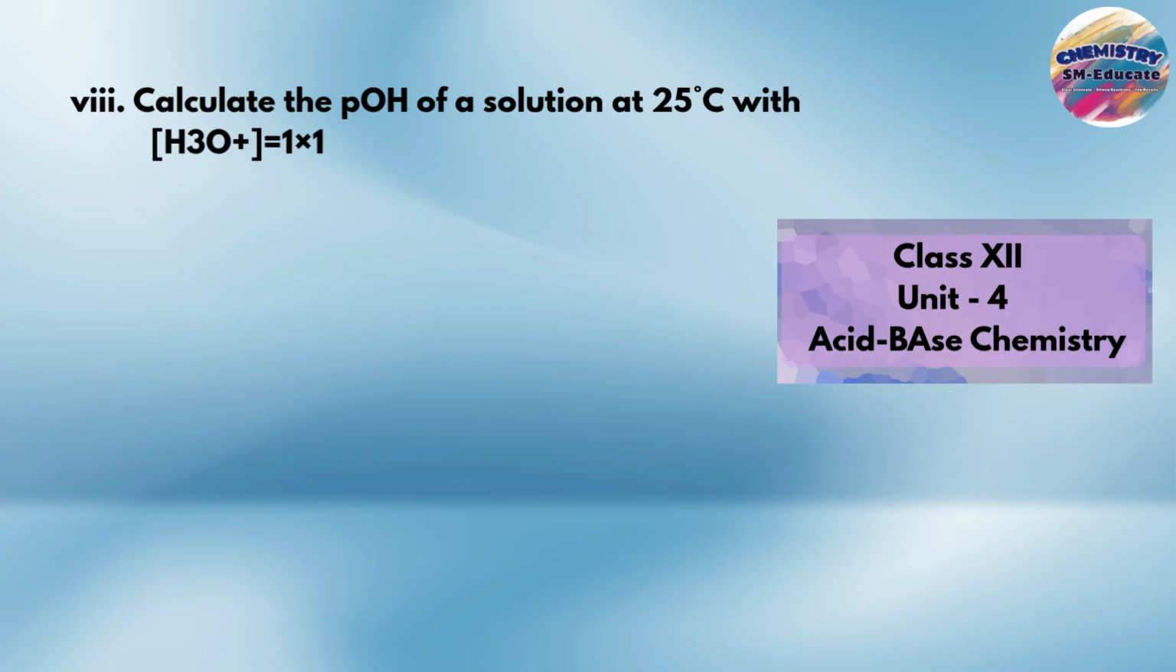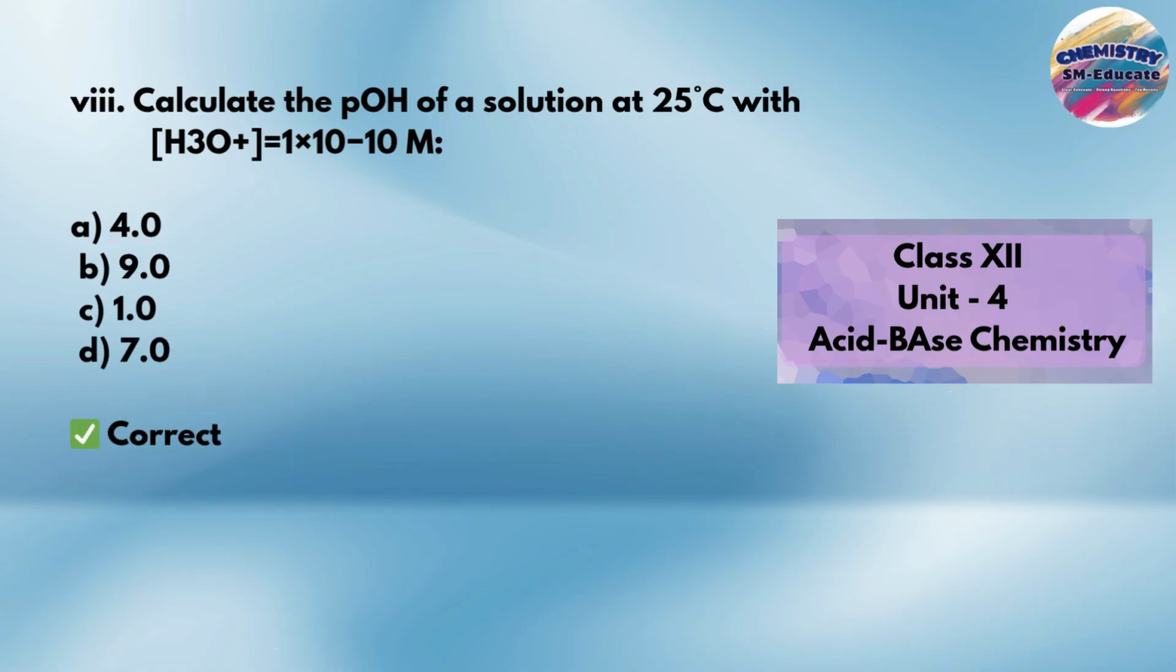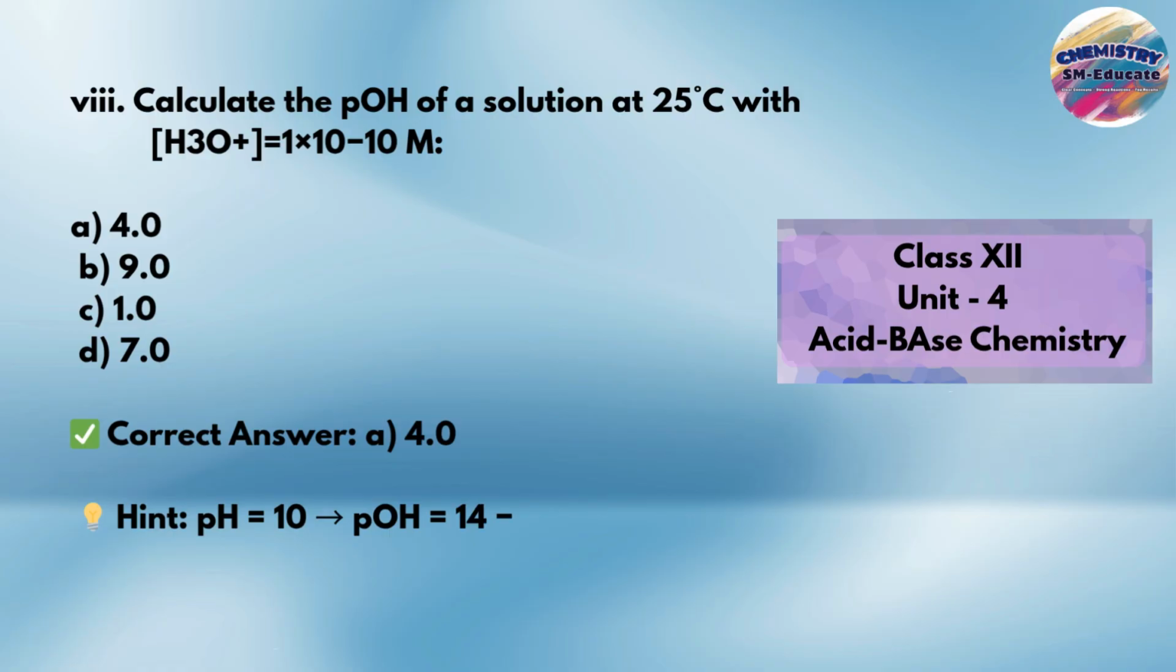Part 8. Calculate the pOH of a solution at 25 degrees Celsius with H3O+ equal to 1 into 10 to the power minus 10 M. A, 4.0; B, 9.0; C, 1.0; D, 7.0. Correct answer: A, 4.0. Hint: